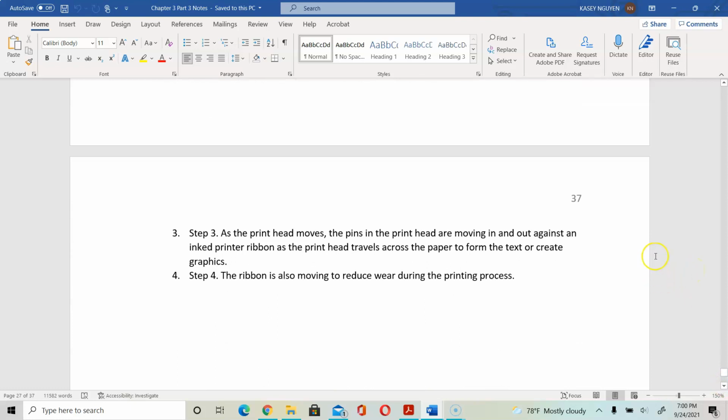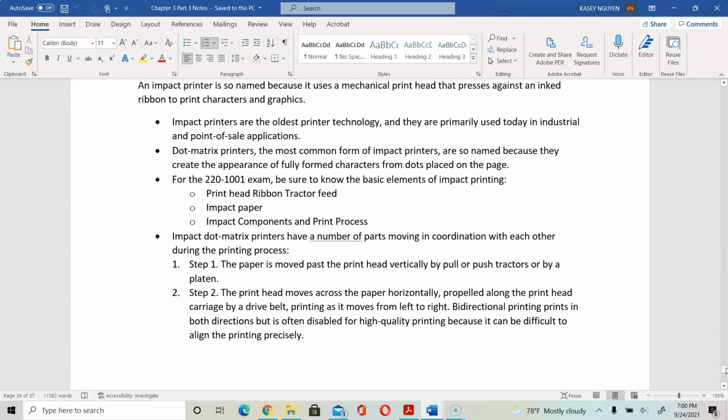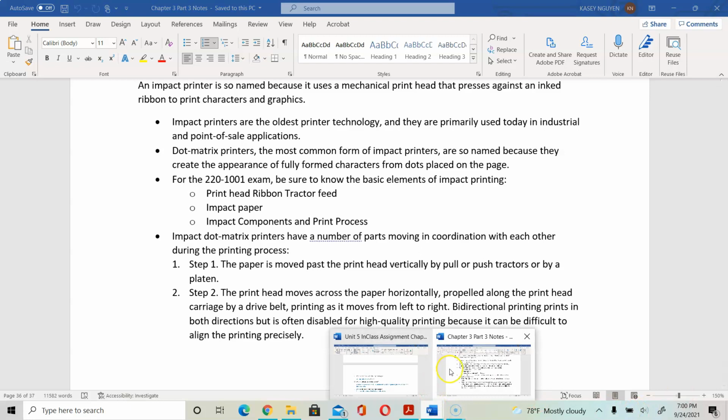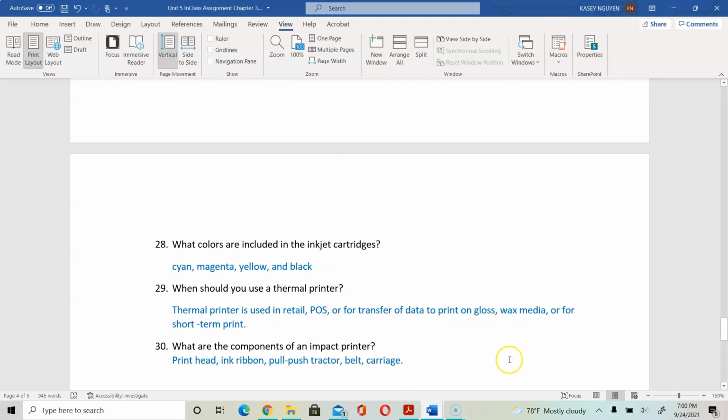And when you fix this, you will have to be familiar with the different components and how to clean and maintain them. Like with thermal, you want to remove the debris, right? And then look at the maintenance and compare that to inkjet or laser printers. So there is a printer section in CompTIA, and make sure we know how to troubleshoot printers and know about the different types of